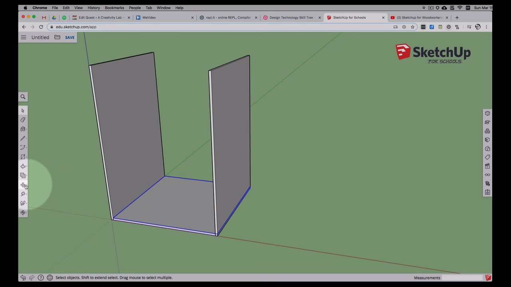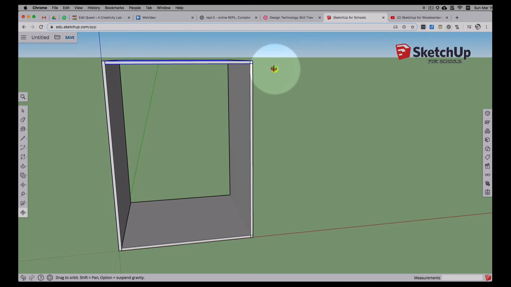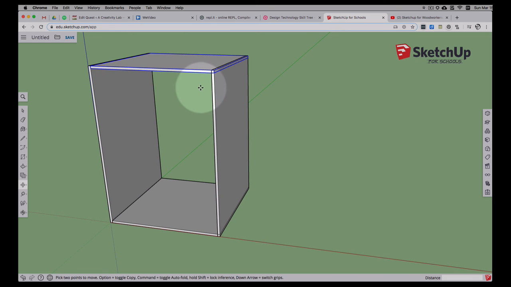And now I can choose my Copy Move tool, hit the Alt key once, and I can drag that one straight up to the top. And since I dragged it from the top face straight up to the very top, it aligned with the edge of the boards, and everything is perfectly aligned there. And I have a chance here when I do that, if I don't do anything else,